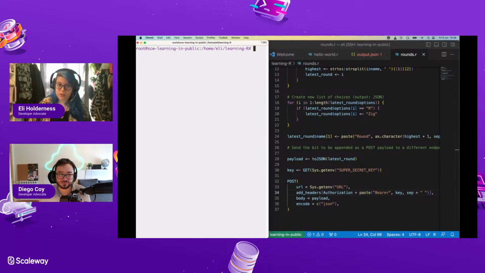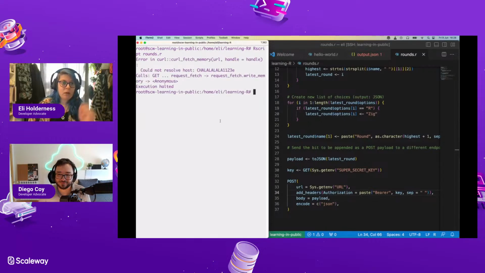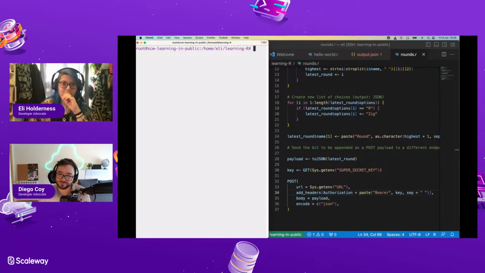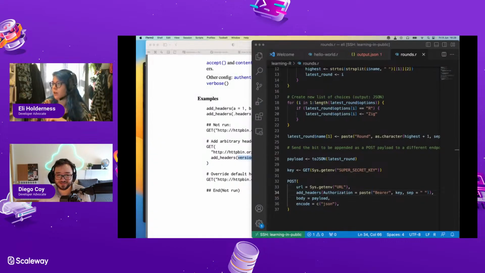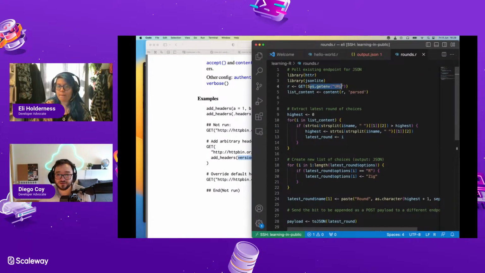And now, let's clear. Rounds. There we go. Oh, no, clear. It's printing out my key. Oops. Let me go run this in a window that other people can't see. Could not resolve host key. Host. Oh, because it's the URL/API/rounds. That's what I've got because that's what I'm curling here. Oh, okay. But it's saying could not resolve host, and then it's printing out the super secret key. So what have I done wrong?